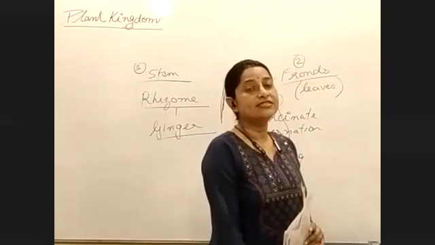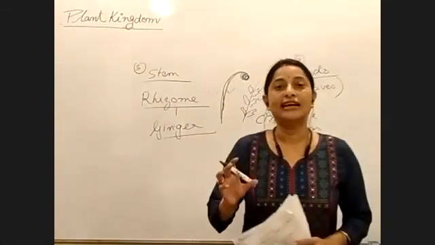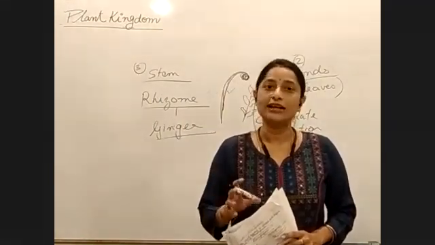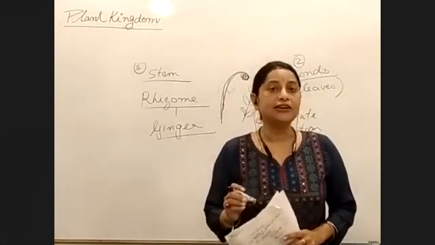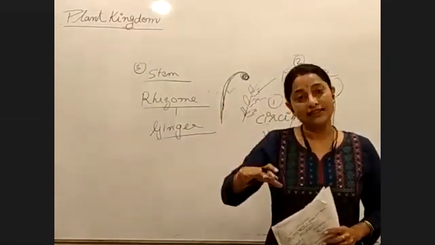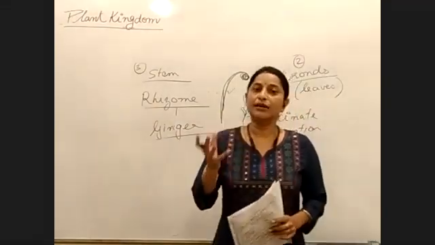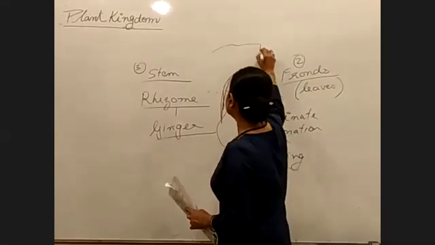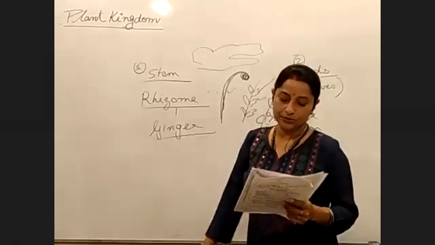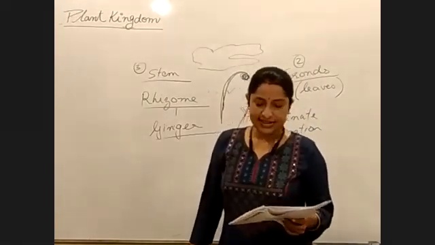Right? So ginger is an example of a rhizome. The ginger that we eat, if the stem is like that, then what do we call that stem? We call it a rhizome. So in case of a fern, the stem is a rhizome. Okay? So it grows under the ground, right? And it is something like this, like our ginger. So it's a rhizome, right? So we have seen these three characteristics.